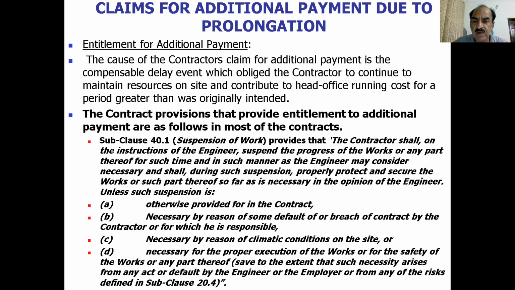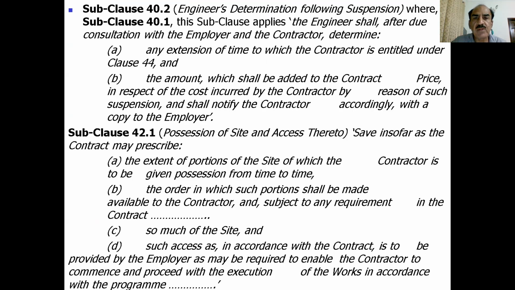Necessary for the proper execution of work or for the safety of the work or part thereof, to the extent that necessity arises from any act of default by the engineer or by the employer or from any of the risks defined in clause 25.4. So these are sometimes, for example, if there is any high tension line which has to be shifted, or if there is some other important safety related decision which we normally take at site, and this is normally covered in the general obligations. Now clause 40.2, which is